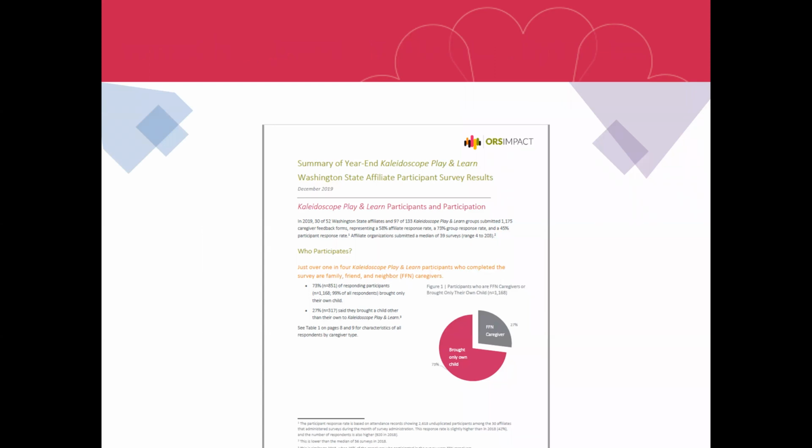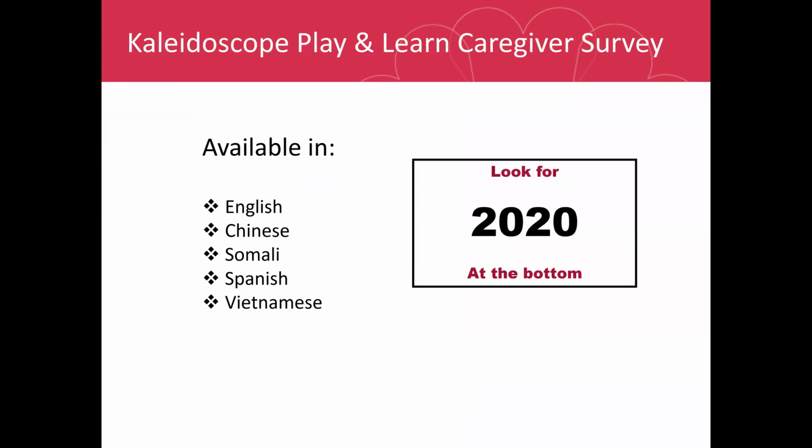This is our front page of the report for Washington. That's what it looks like. That's what the funders see when we give it to them. Also, we want to clarify that every year we make some slight adjustments to the surveys. And so we really want to make sure that when you implement the surveys you're using the current version. So for this year, just be sure that the surveys you're handing out say 2020 on them. It will be noted on the survey. The surveys are also available in English, Chinese, Somali, Spanish, and Vietnamese. And all those versions will be mailed out with the English version next month.